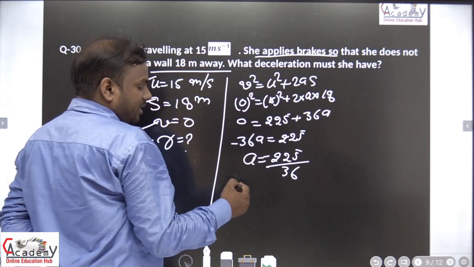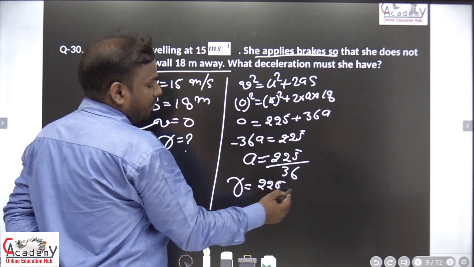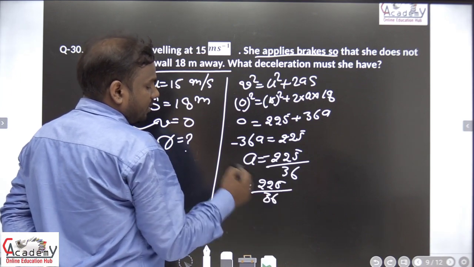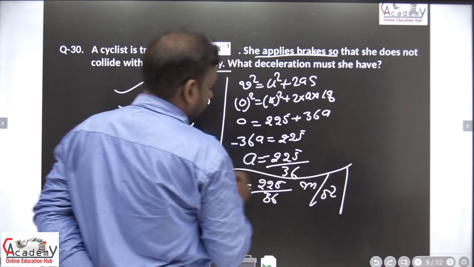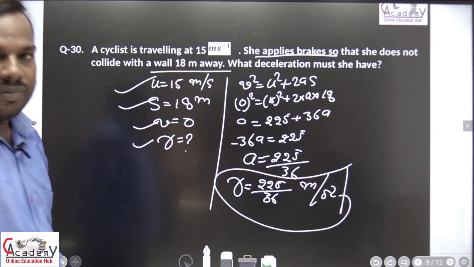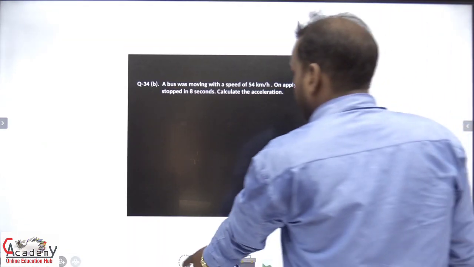If acceleration is negative, then it is the retardation: 225 divided by 36 meter per second square. That is your answer. Is that clear? Now next,